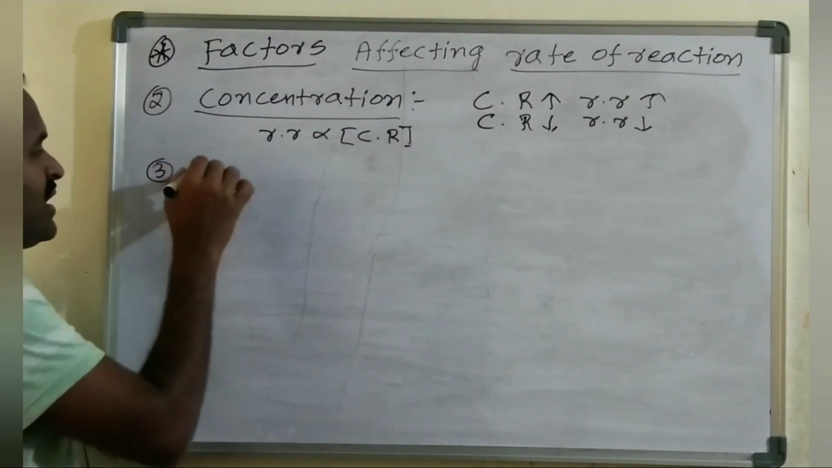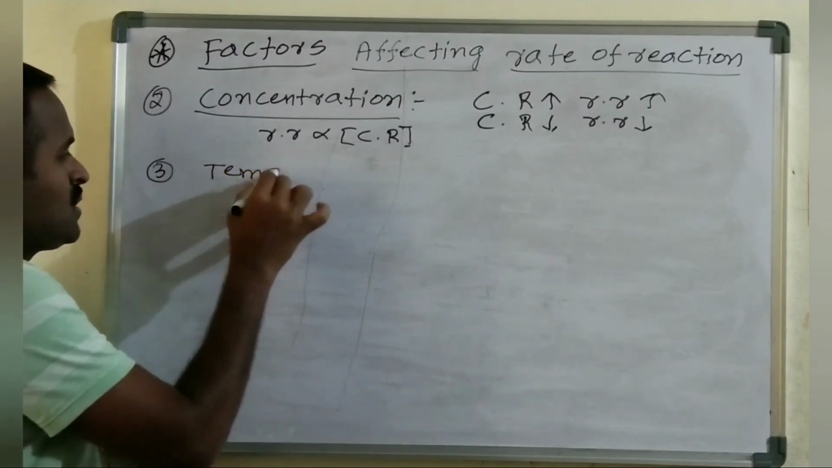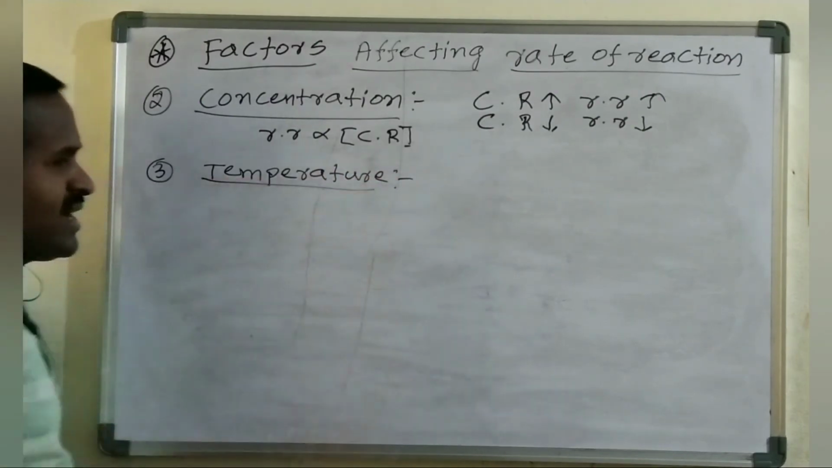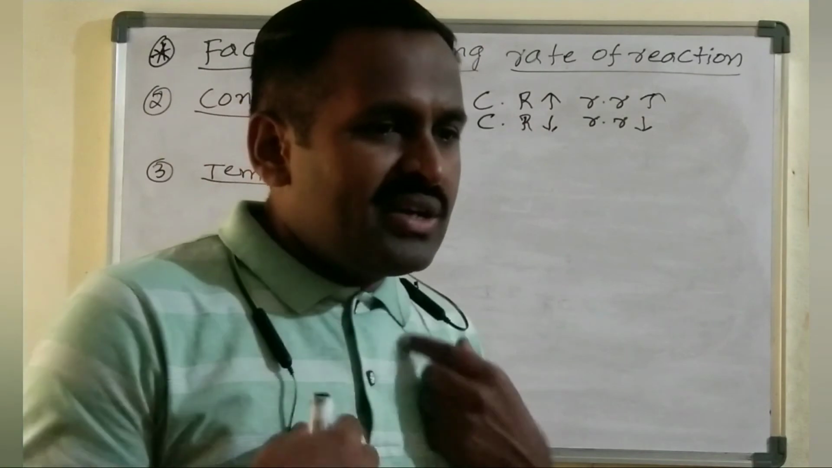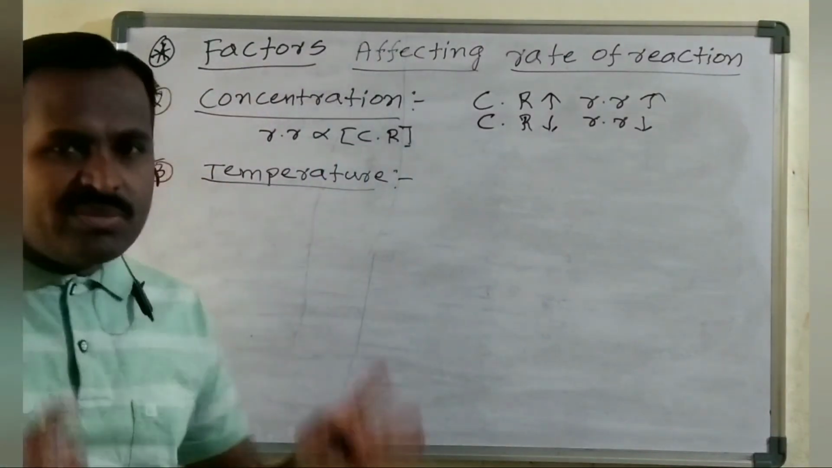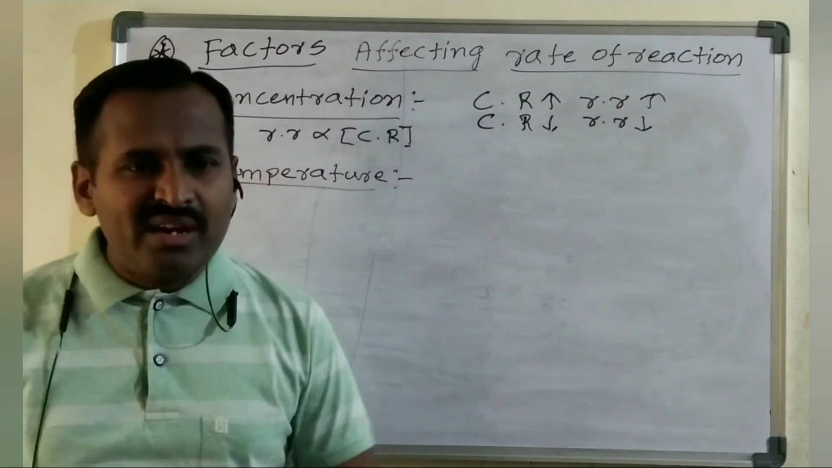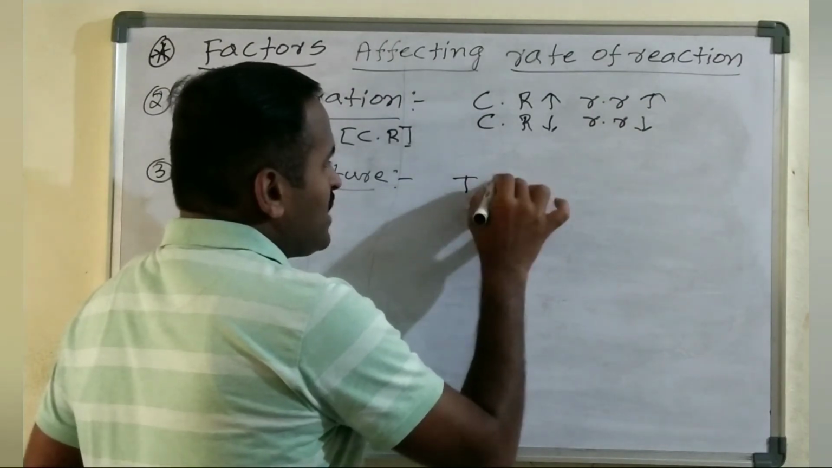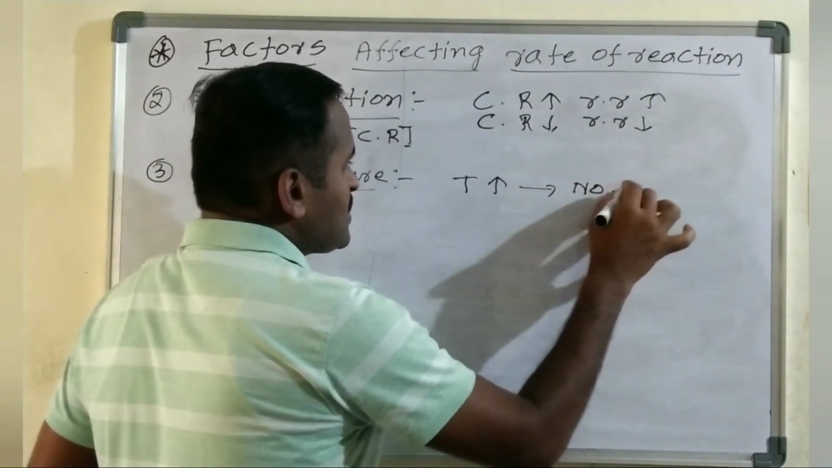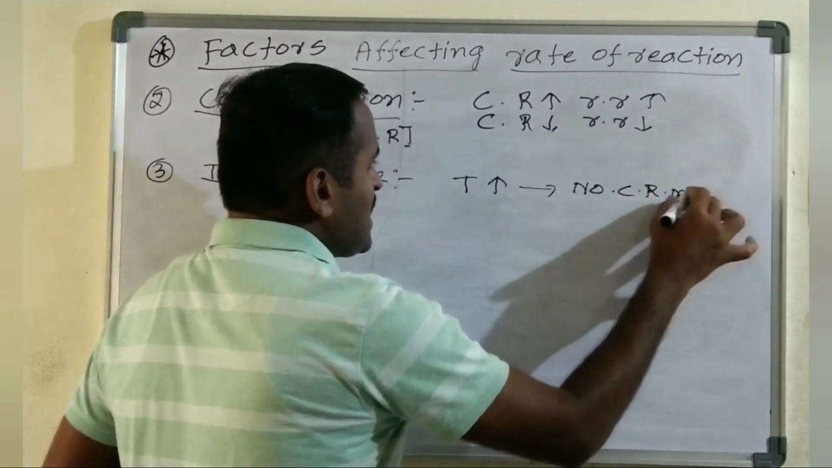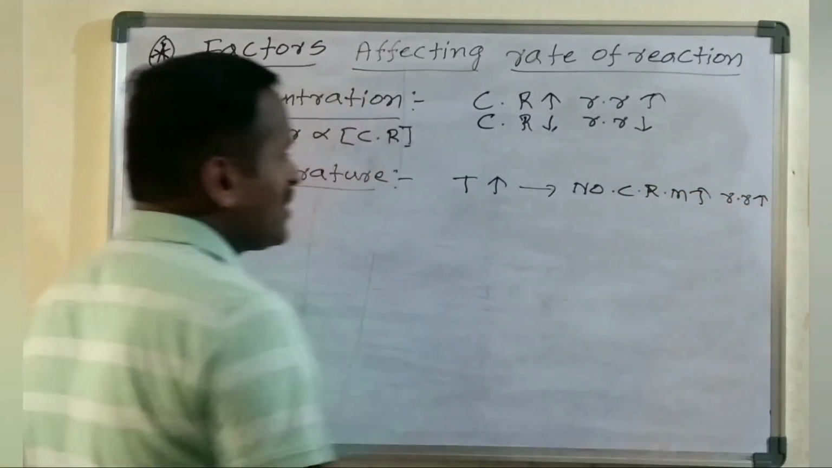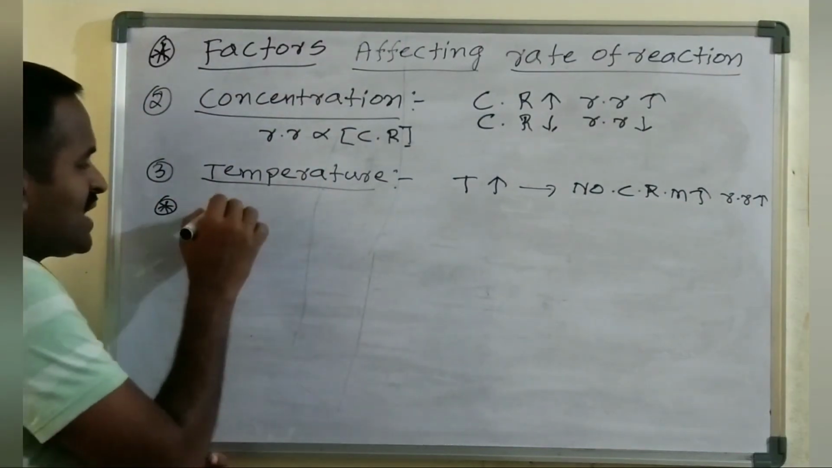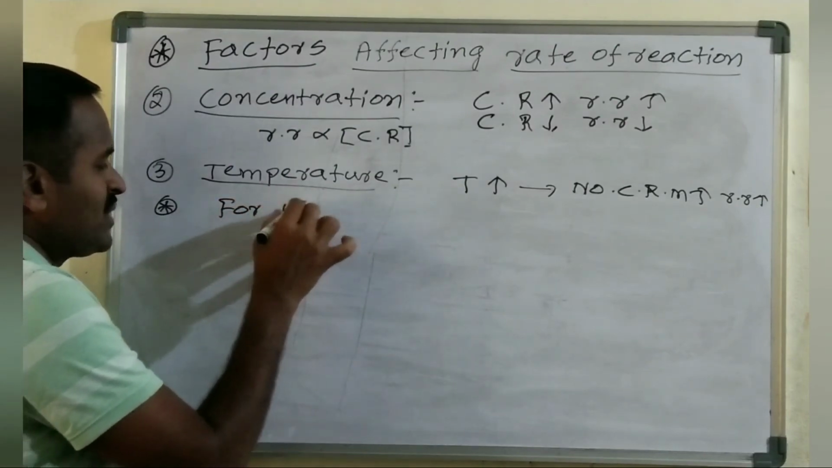Here it is temperature. As the temperature increases, the number of collisions between the reactant molecules increases, and as the number of collisions increases, definitely the rate of reaction also increases. For most of the chemical reactions, we found that for every 10 degrees centigrade rise in temperature,